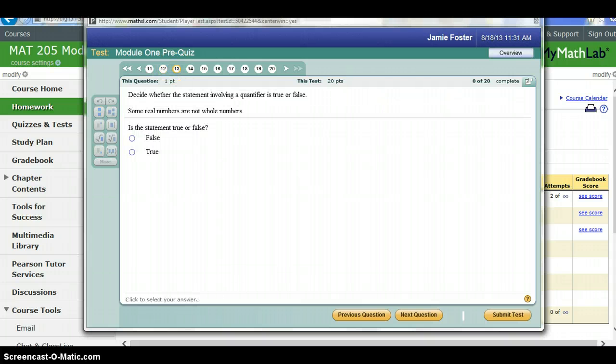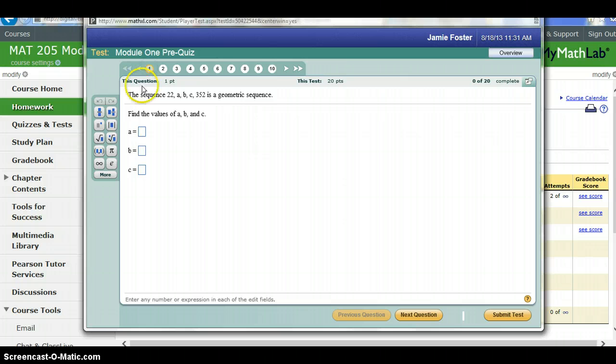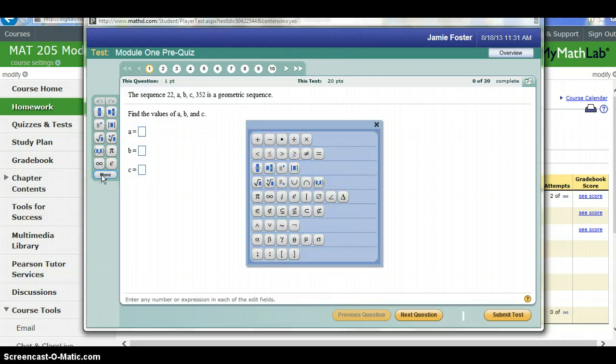I'm going to start back on pre-quiz question 1 just because I want you to see real quickly how to use your toolbar to the left. Your toolbar here to the left side of MyMathLab gives you different operators. You can always use operators on your computer for add, subtract, multiply, and divide, but some of the other things that you have to use mathematically are difficult to do on your computer, and this would allow you to add those in. For example, I could do 2, click the plus sign, and then 3, and get an answer that